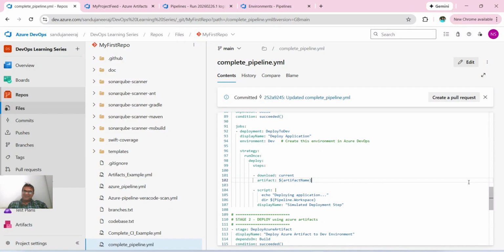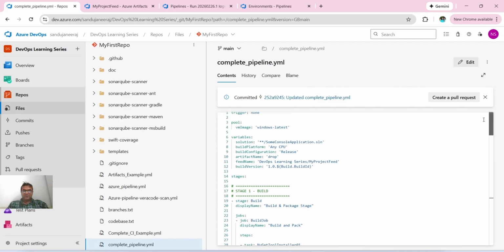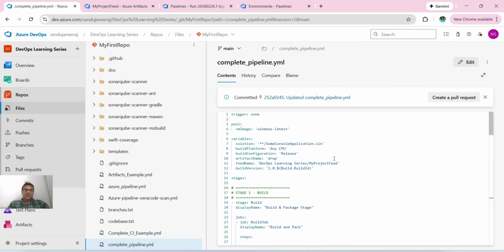In the last session, we learned how to create different types of artifacts, which include our pipeline artifact followed by our Azure artifact. In today's session, we will go one step deeper and see how to consume the pipeline